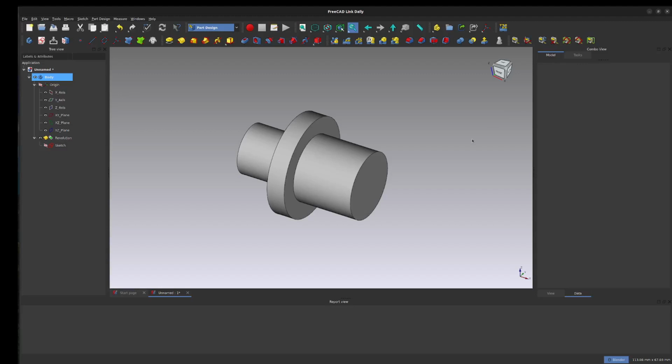Hello everyone. Just a little quick tip on directly specifying diameters in revolved objects in FreeCAD. Here I have a revolved object that has three different diameters, and the cross-section of this object is defined by